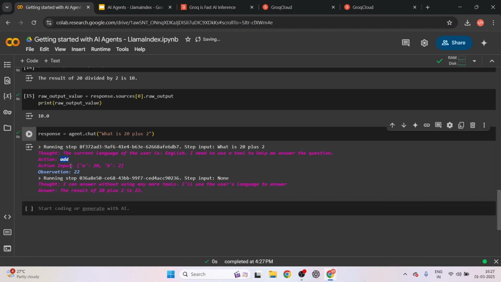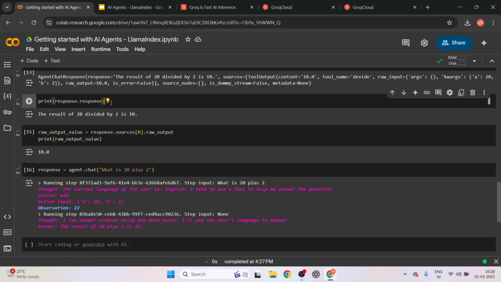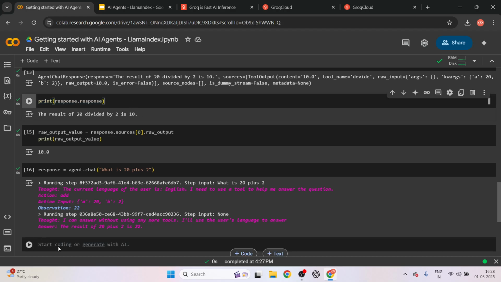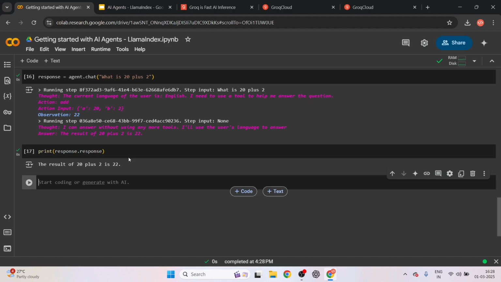So the action is add. The action input is 20 and 2, and the observation, the output, is 22. Again, if you want the response, you can just print it over here. So I'll just copy this. So your response is going to be the result of 20 plus 2 is 22. So now let's